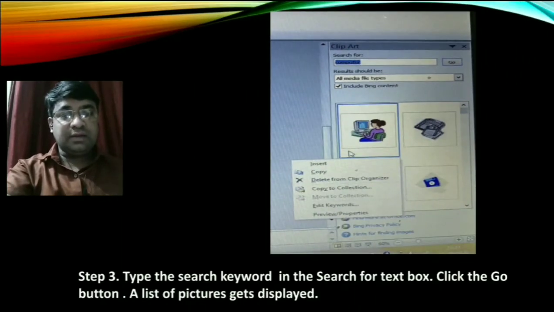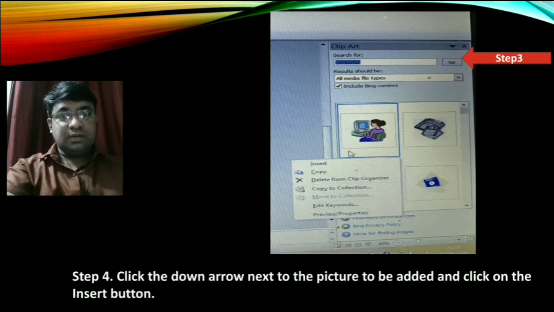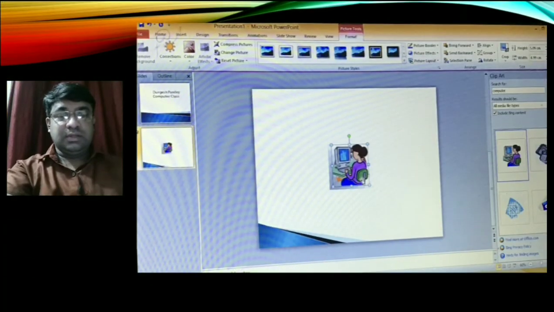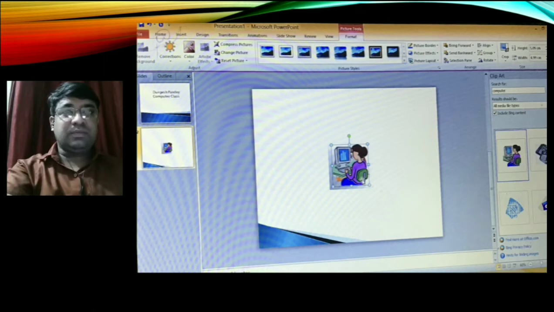When you click on the go button, a list of pictures gets displayed. Then click the down arrow next to the picture to be added and click on the insert button. The selected clip art is added to the slide in the center. You can resize or change the location of the clip art as per your own requirements. So dear students, similarly you can add word art or shapes by using the insert tab.